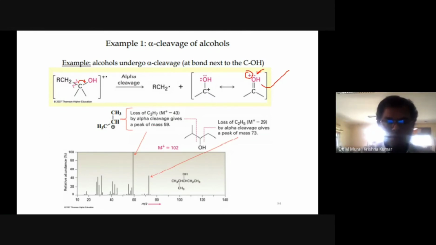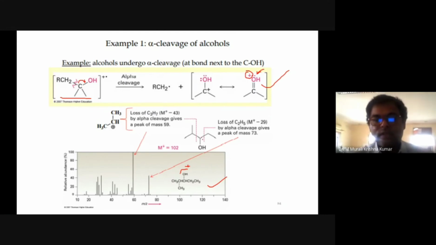In case of what is this compound? This is like a tertiary alcohol. Here we have a secondary alcohol over here. In secondary alcohols, when we create charge, the charge will stay over here near the electron rich environment. And what it does is cleave the remaining part in such a manner that the cleavage produces secondary carbocations or tertiary carbocations.